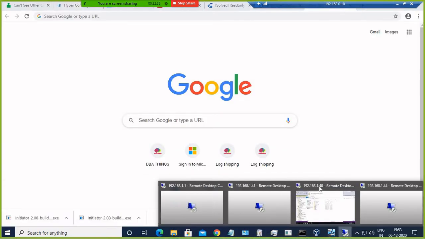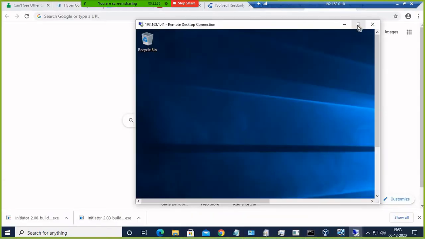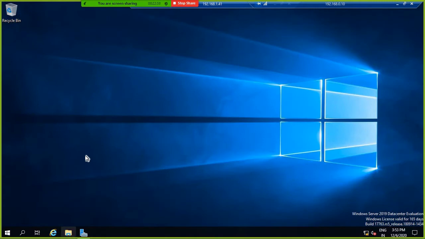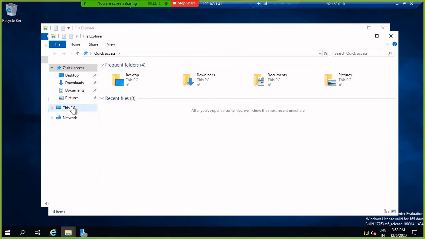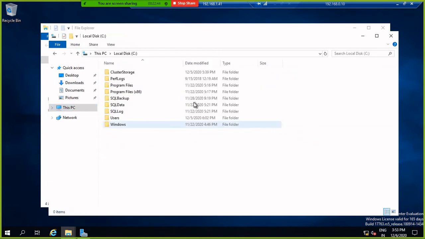If I connect to the secondary instance, you can check that this is the same. So if I change one of the folder locations here, then auto seeding is not working.